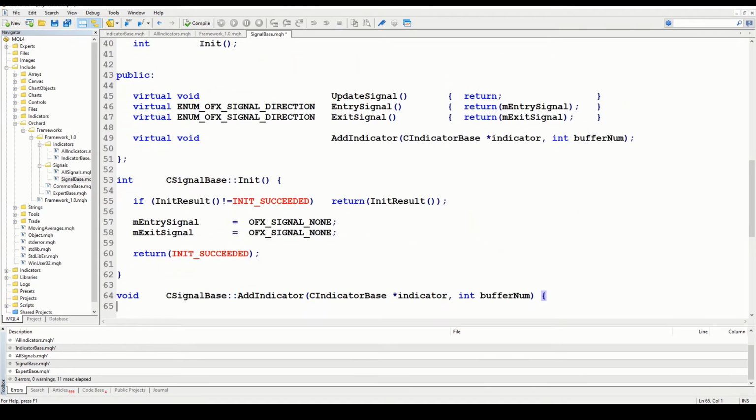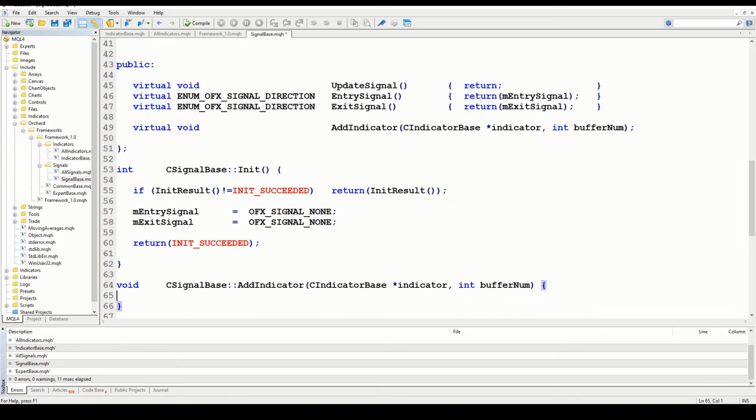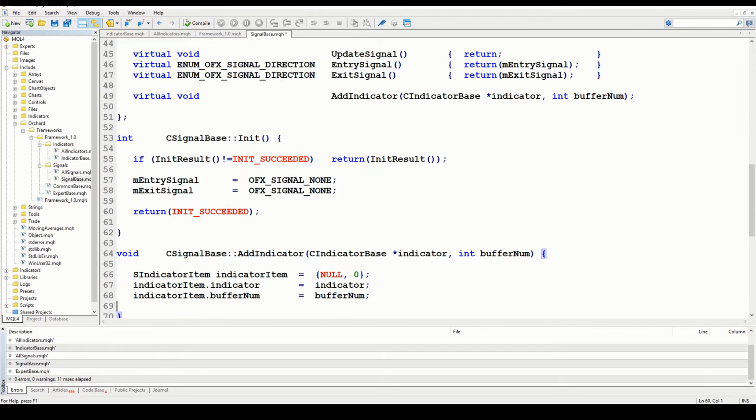So now the implementation of the add indicator. The first thing I'll do in here is to initialize a variable of type SIndicatorItem. So I'm declaring the variable SIndicatorItem, and I'm pre-filling it with the values null and 0. It's probably not necessary to pre-fill this structure, but I'm going to do it anyway here. Then all I'm doing is assigning the indicator pointer to the indicator pointer value of the structure and the buffer